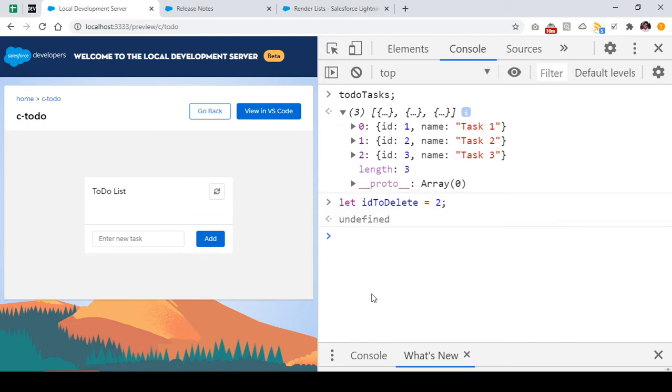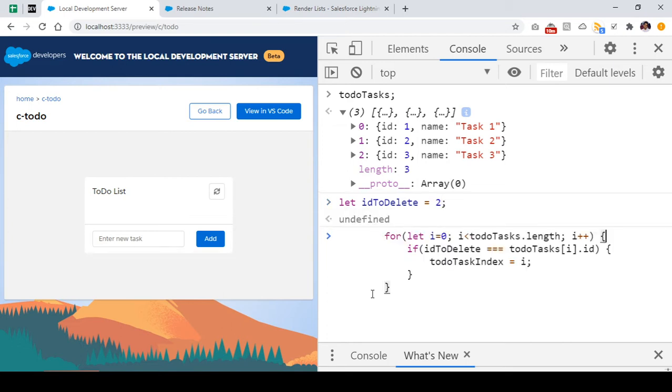Now I can add my for loop, which is iterating a list of to do tasks, and it is checking whether my ID to delete, which has a value of 2, is equal to the current to do task, which is specified by to do task of I, which is the index, and then the ID of the to do task. So I'm checking which of the to do tasks has an ID of 2, and I'm storing the index in the to do task index.